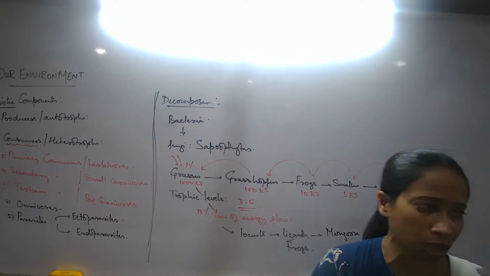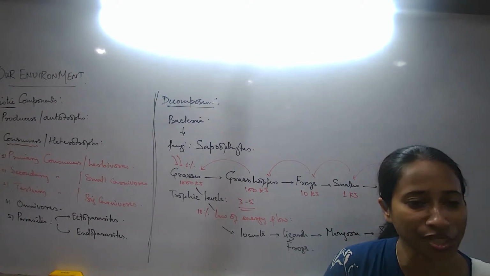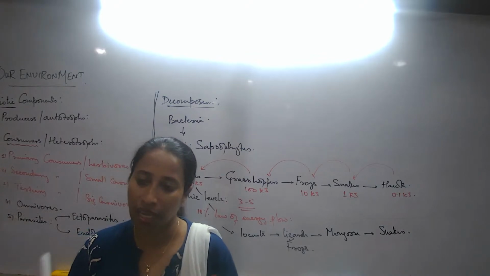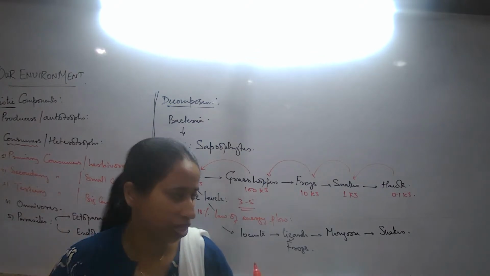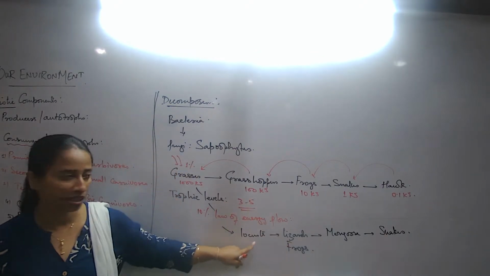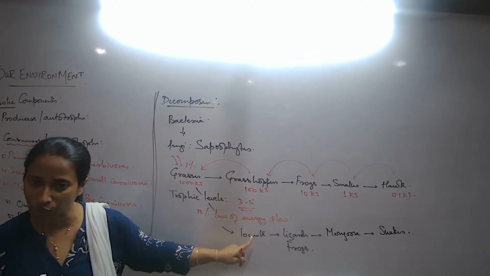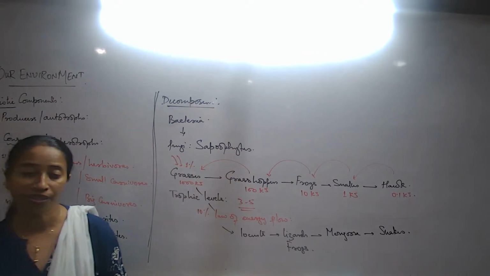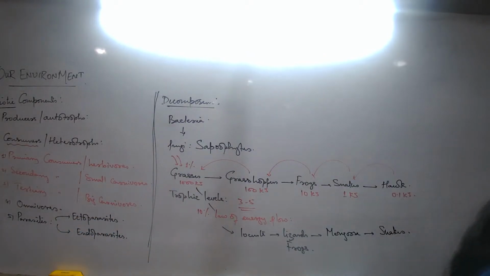So what is the basic difference between the food chain and food web? For a food chain we are talking about only one feeding relationship. Is this applicable in nature always? No. In nature, every type of organism will always have alternative feed. That means every food chain is interlinked with another food chain. Sometimes the frogs feed on this, sometimes on that. If the grasshoppers are fewer, the frog goes for this. If the locusts are fewer, the frog goes for that. What are the benefits of interconnecting food chains? The organism always has alternative food.